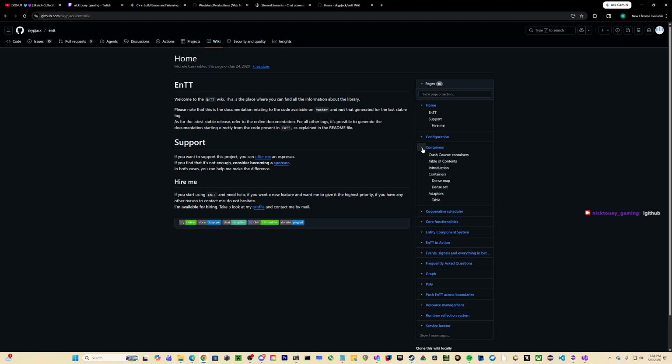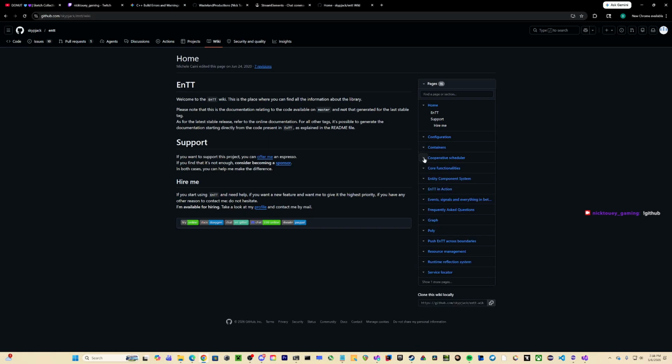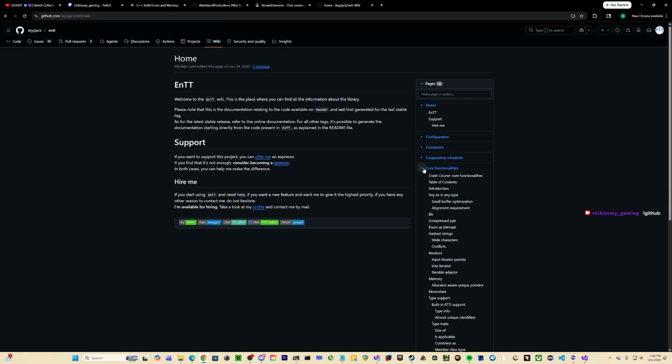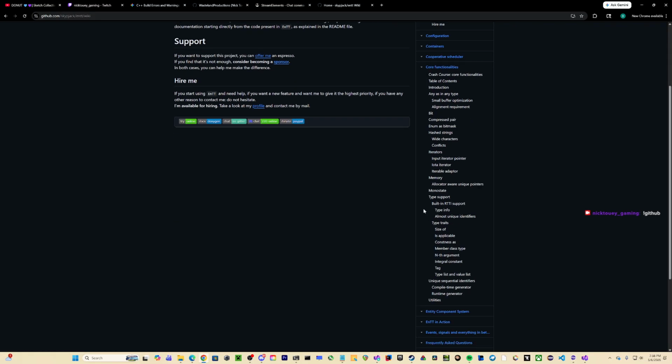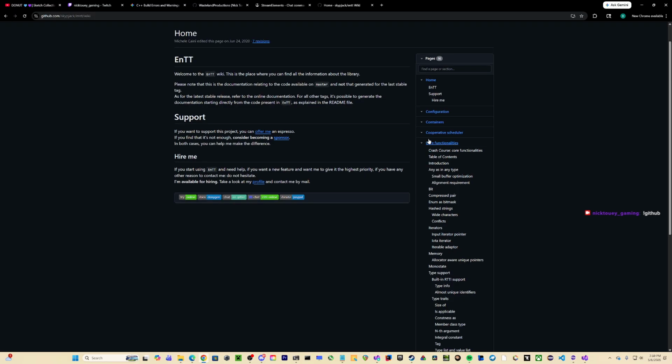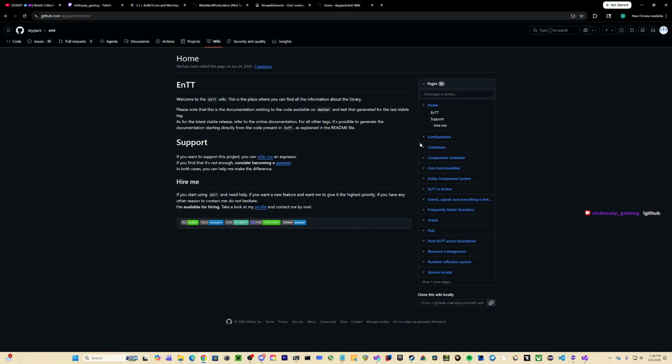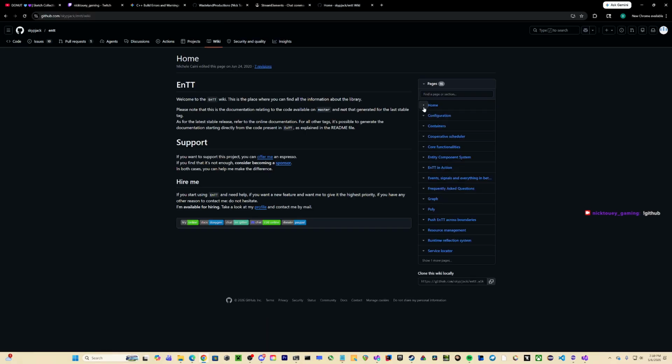Full contents, containers, no, I do not know. Core functionality. Am I stupid or something? I swear to God, I think I might be stupid. I don't know.